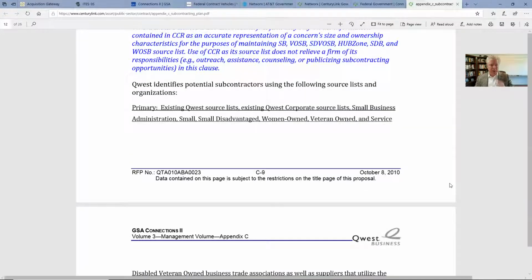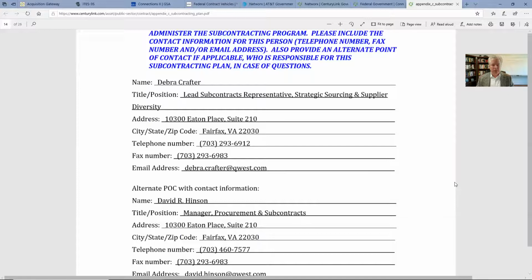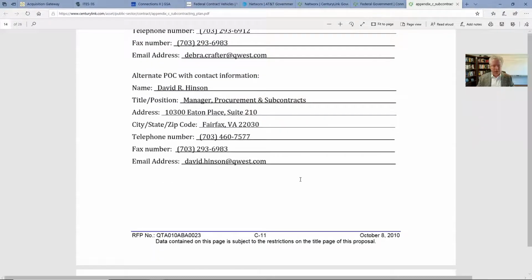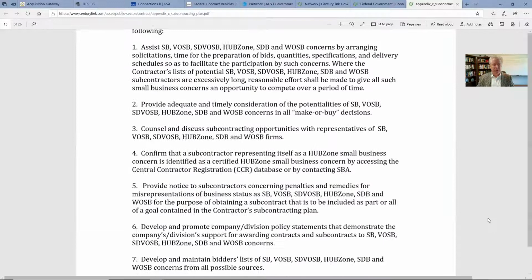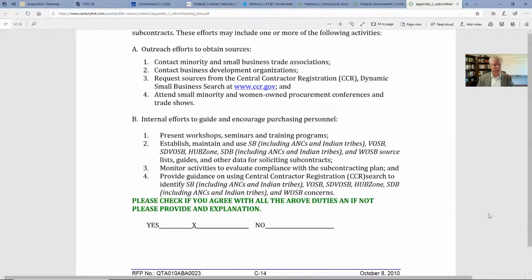Okay, so I'm gonna probably skip it in a second. Oh wait, program administrator, lead subcontracts representative. Oh, this is for Quest. Is this for Quest as well? So these are the points of contact for those people. Actually, I'm going to scroll down. Maybe we can find it in here. That's their subcontractor, but